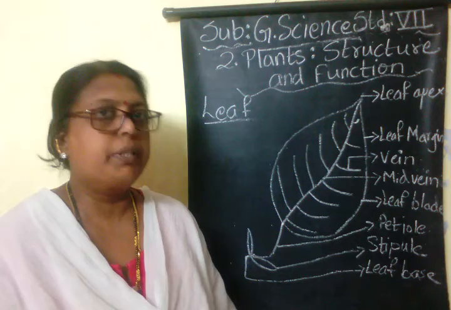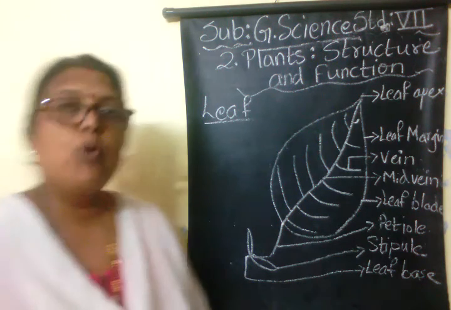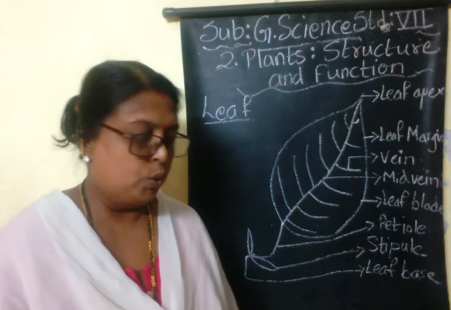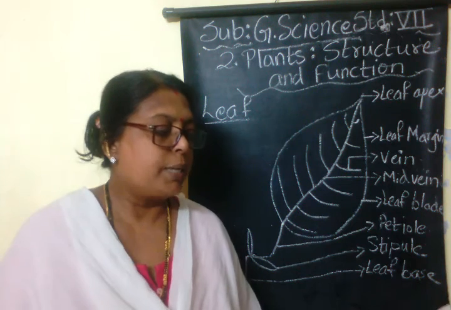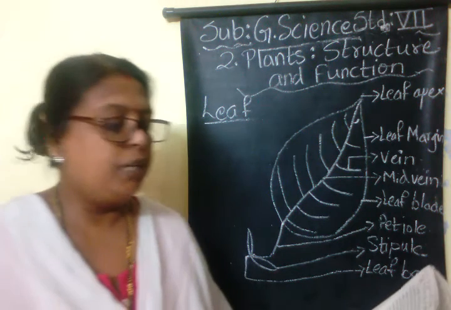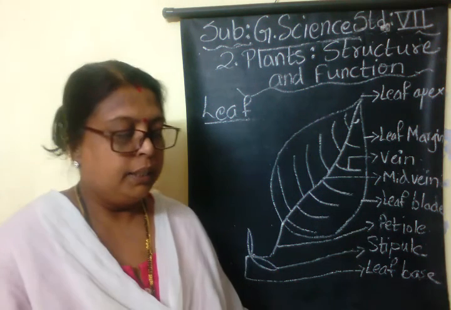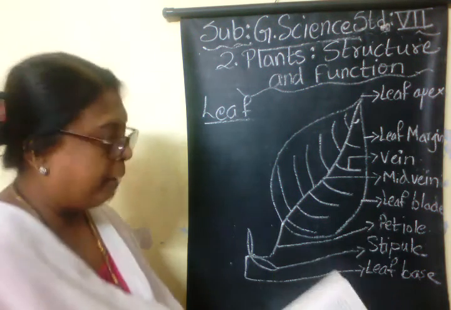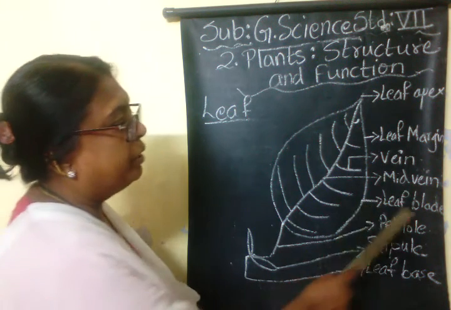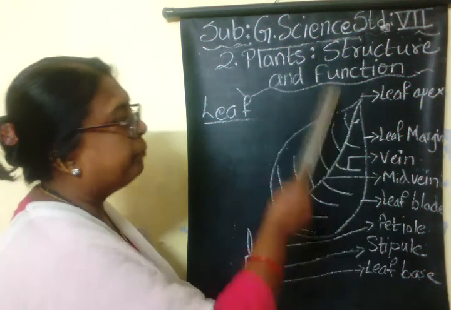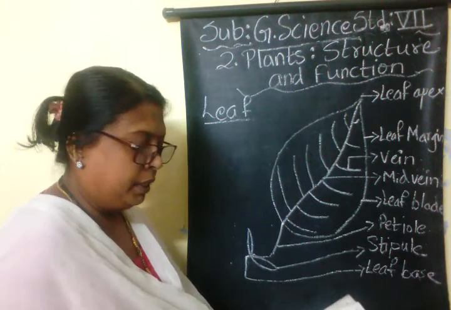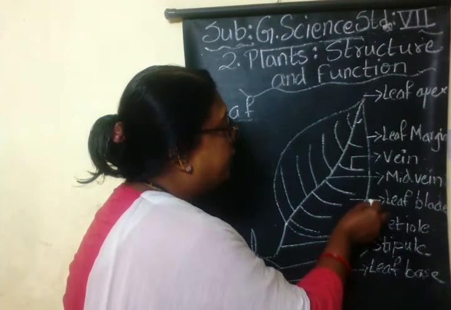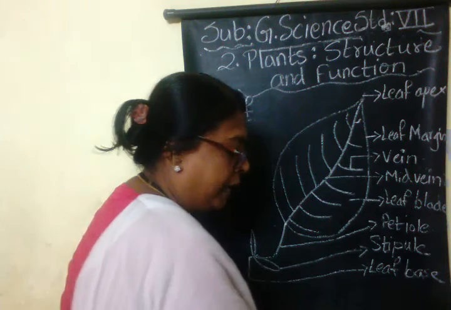You can see as per the diagram, the leaf grows from the nodes. This is an important factor. The leaf grows from the nodes. Okay. Now on the stem. Now leaves generally are thin, flat and green in color. The broad spread out part of the leaf is called leaf blade or lamina. Leaf blade or lamina. Okay. This is called lamina. That is, this is the inside part, leaf blade. This is the inside part, or it is called lamina.